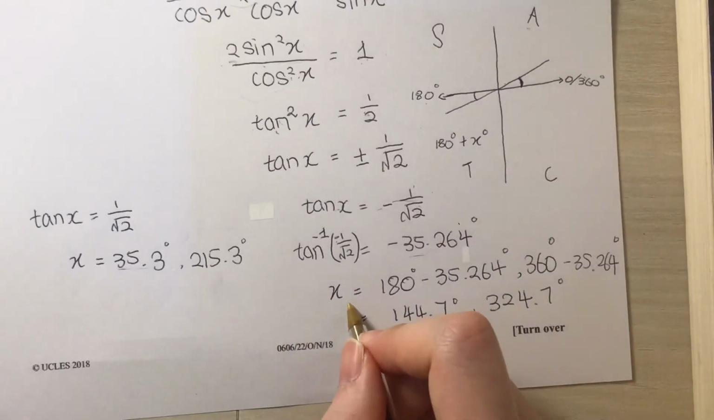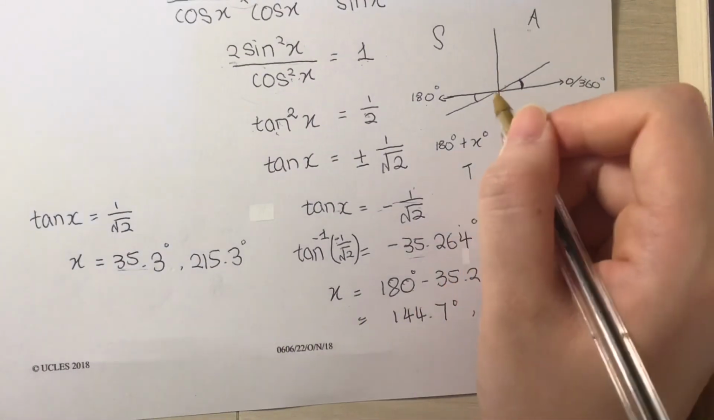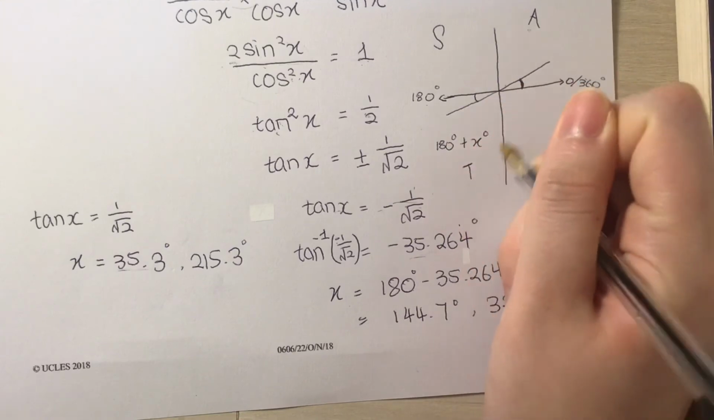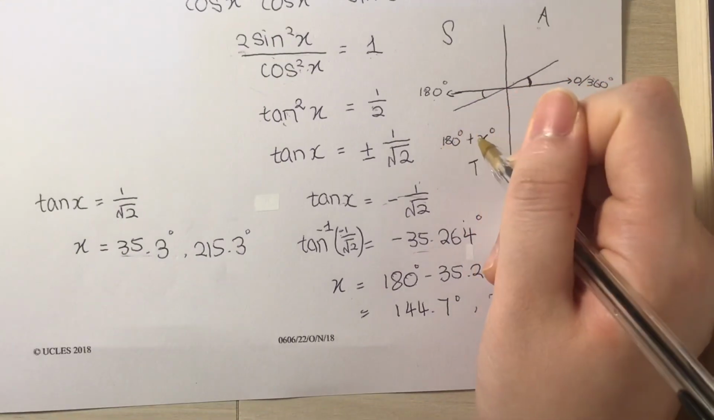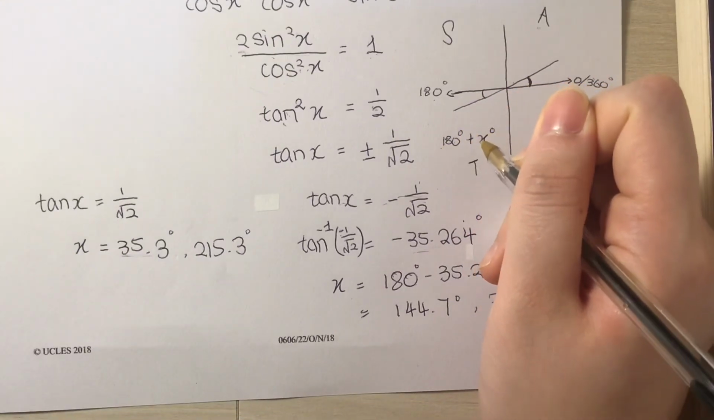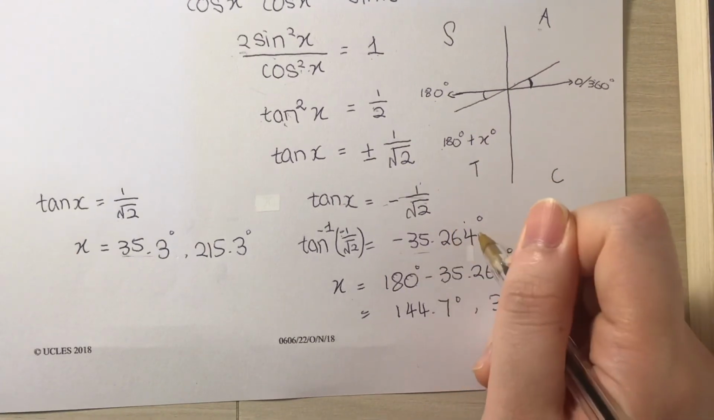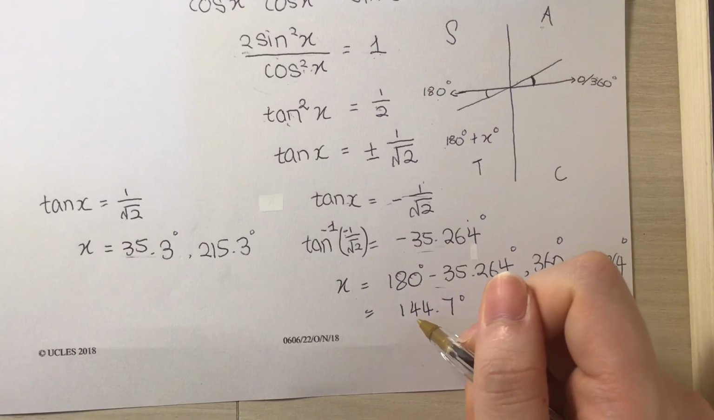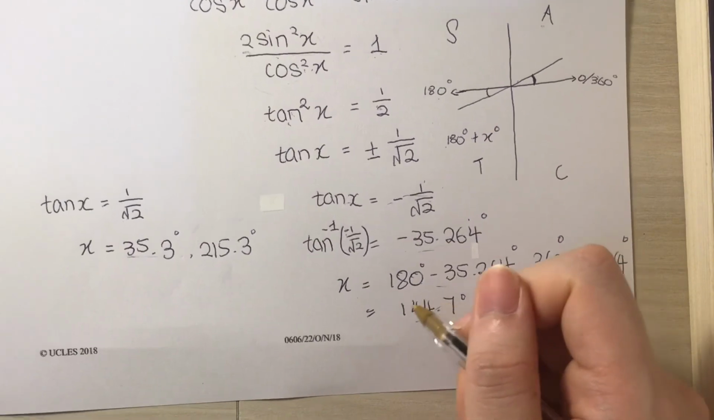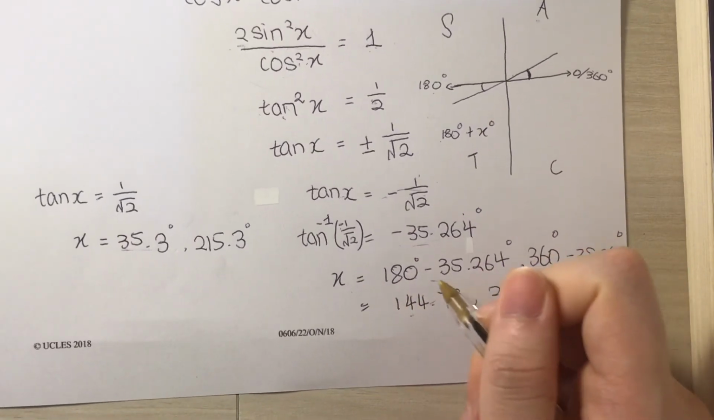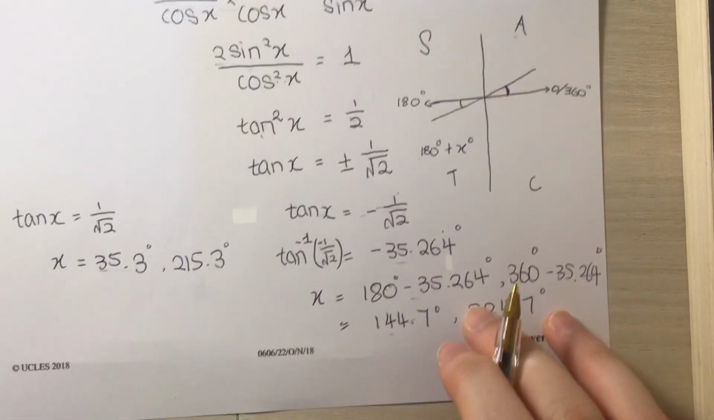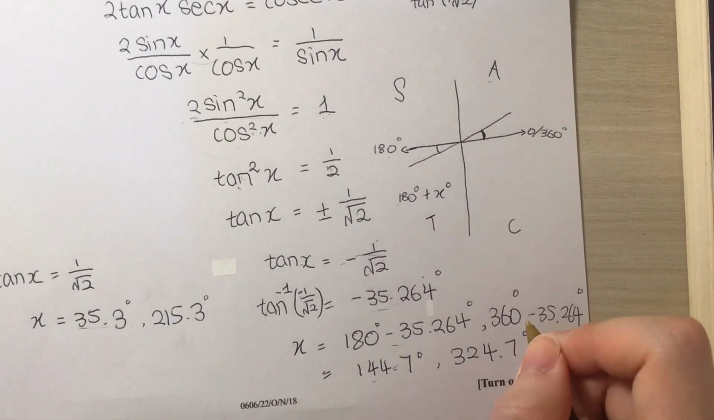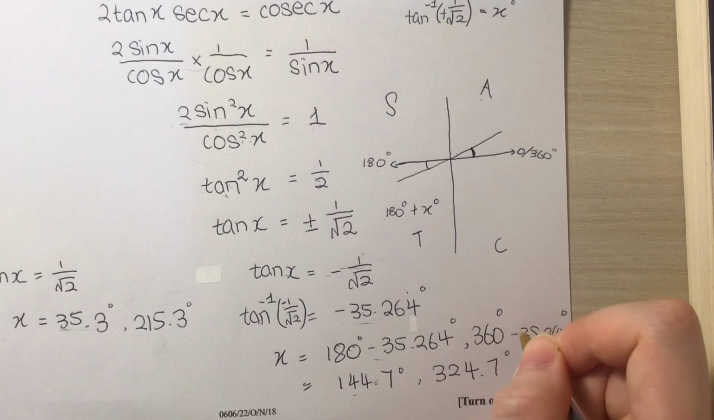Your x will be equal to, first of all, in the region over here, 180 plus your x. And your x in your calculator shows a negative answer, so just put the negative answer over here, and you will get 144.7. This is one of your answers. Write that down. And of course, your last angle will be found with 360 degrees minus